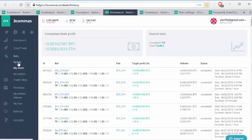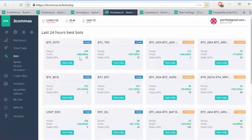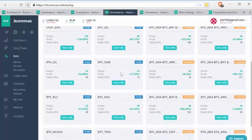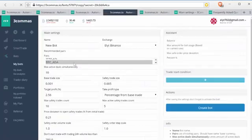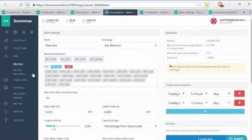There are so many different ways to configure it. Once again, the best thing that's been helpful for me to learn is to look at the last 24-hour best bots, see what you think is good, especially for your account, and start viewing the configurations and copying them, tweaking them. Really important thing I have to mention in this video for the bots is